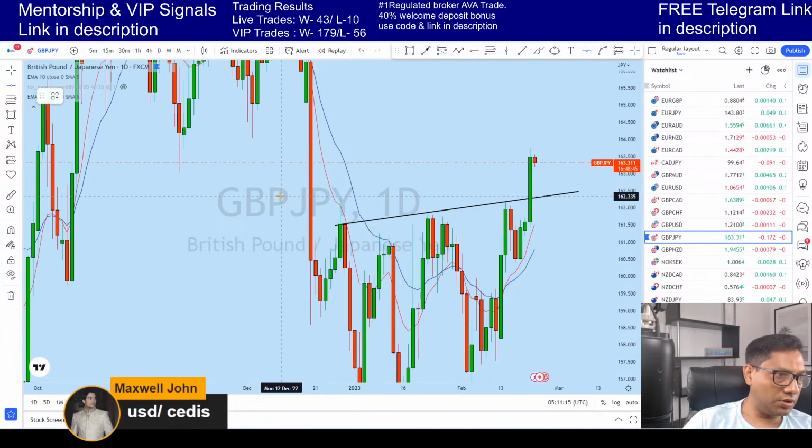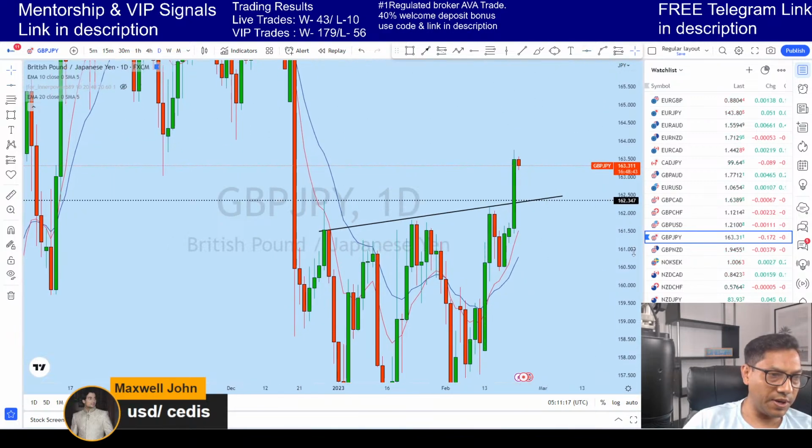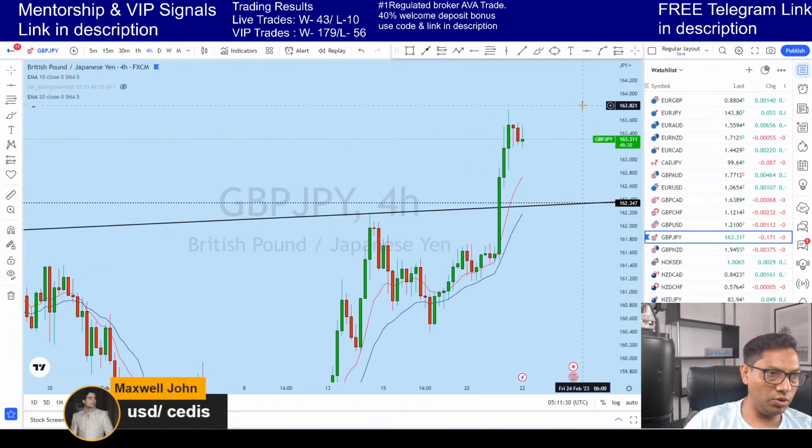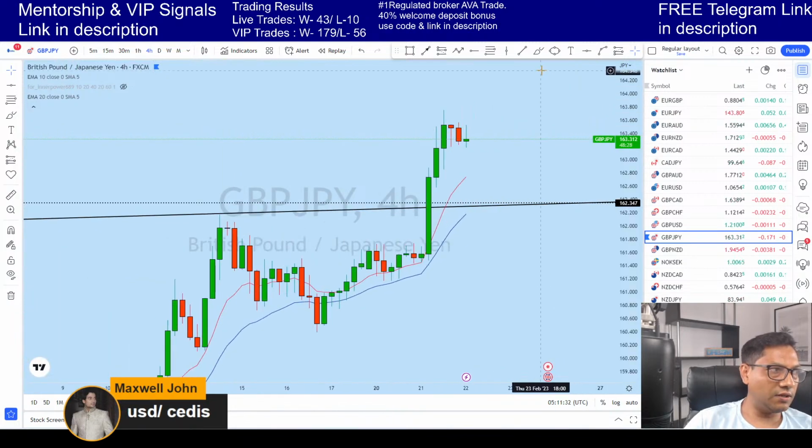And even if I draw this highest level, we can expect this price to come down to test this level, which is the previous resistance turning support, and which is almost 100 pips down from the level that we see. What I think is, you see GBPJPY, if we see that